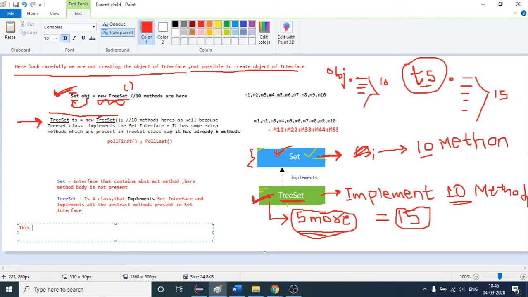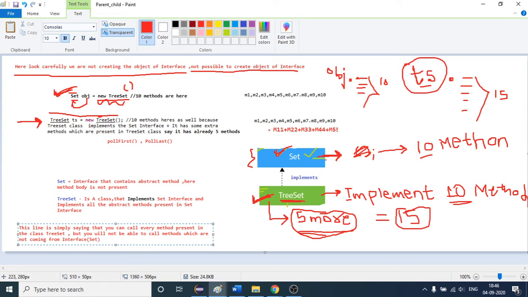This line is simply saying that you can call every method present in the class, but you will not be able to call methods which are not coming from the interface, and our interface is Set.